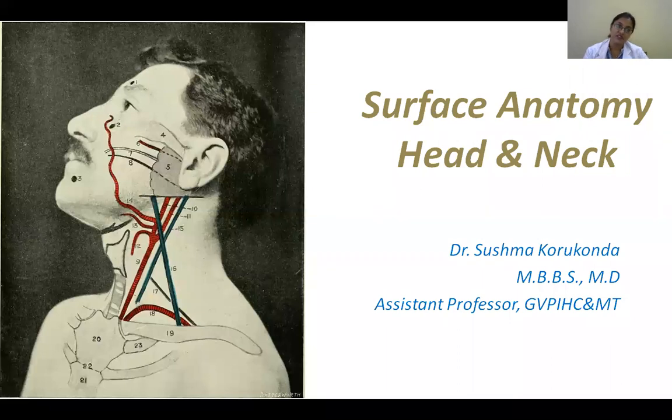What do you see in the picture which is here beside? You can see there are some markings on the face and in the neck, and these are not tattoos. Rather, these are some markings on the skin. This is a real human; it's not a cadaver. And you can see these markings. And lower down, what you can make out is like if you look through the skin.